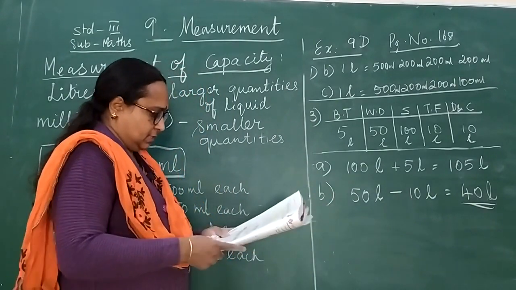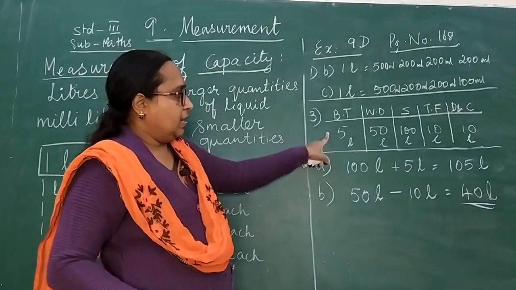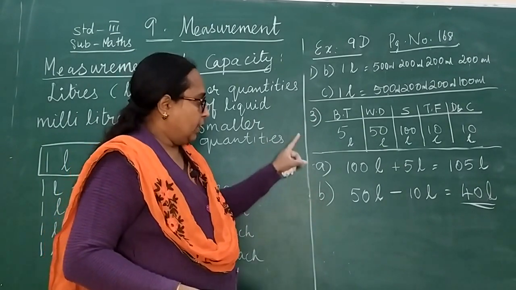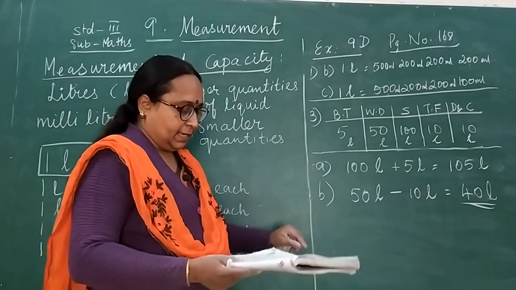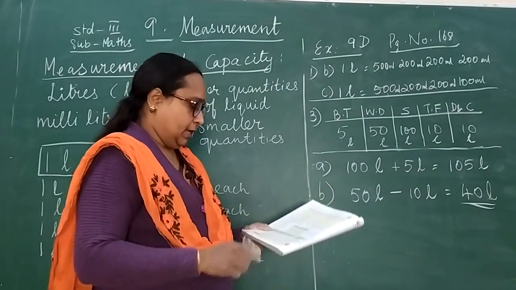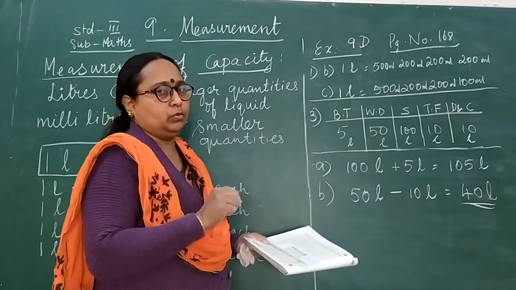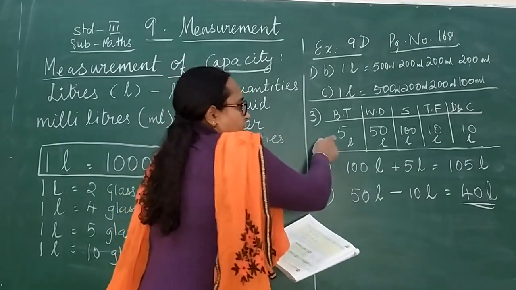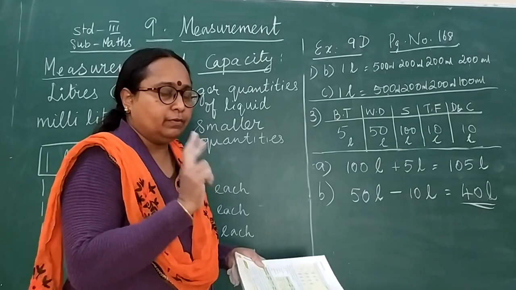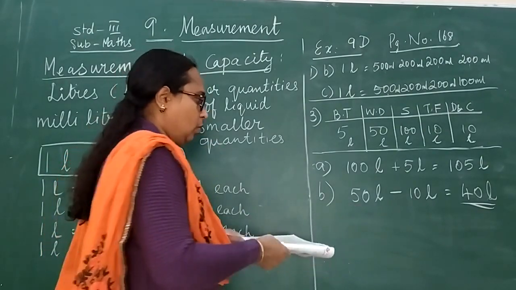Now there is another question, the third question. If you keep the tap closed while brushing, here this 5 liter is for brushing your teeth with the tap open. So when you are brushing and if you keep the tap closed, you can save 3 liter of water. Okay. How much water will you save if you brush twice a day by keeping the tap closed? So instead of 5 liter, you will have only how much? 2 liter. You will use only 2 liter of water for brushing because you are saving 3 liters of water.